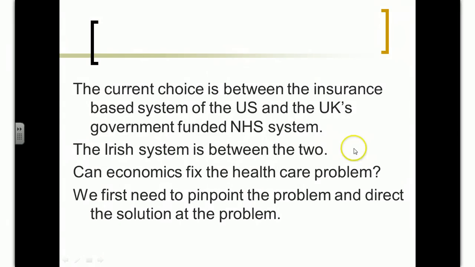So the Irish system is slightly between the two. We have some publicly funded healthcare provision, so all our hospitals in the public system are taxpayer funded. But alongside those, we have private hospitals. And during the last government, there was this whole issue of co-location: that you shouldn't have a private hospital on College Road and a public hospital on Wilton Road. Put them side by side, with co-located private and public hospitals on the one site. So further integrating the two, not choosing one over the other. Not saying we're going for a private system or a public system, we're again trying to merge the two.